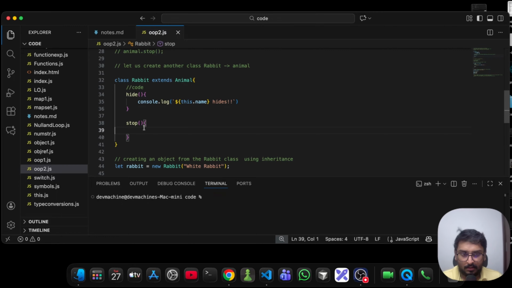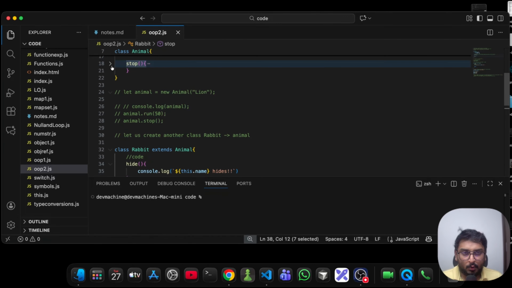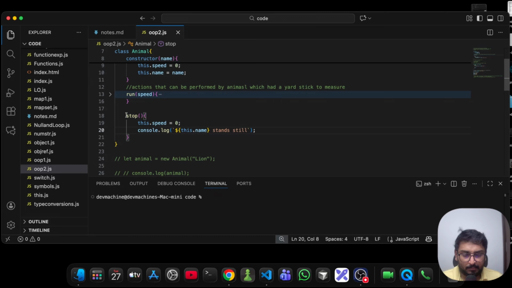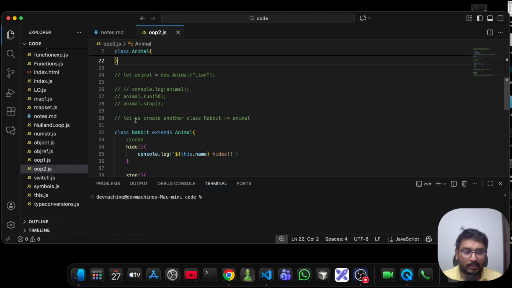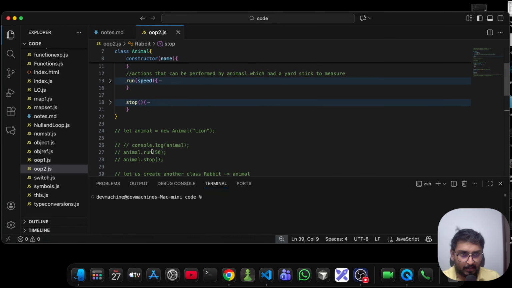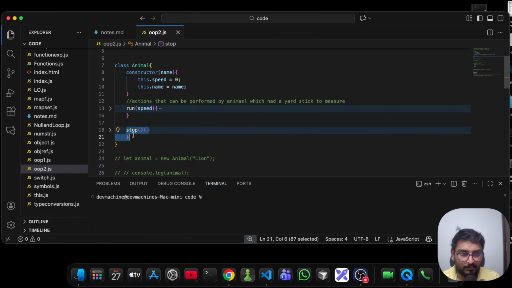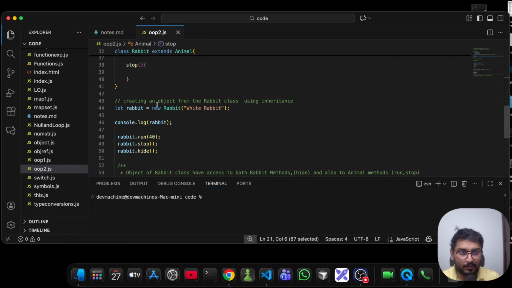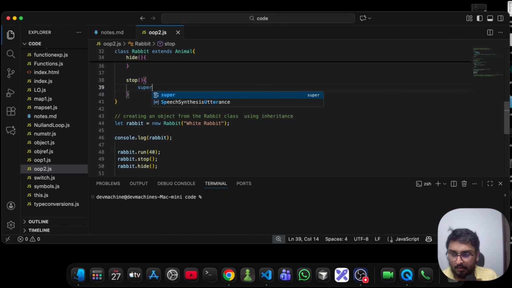Now I want to execute this stop, but I don't want to override this parent method. This is the parent method. I don't want to completely change this. I will use this stop method, but apart from that, I'll add my own. So first things first, I need to access this stop method, which is present in my parent class. So for that, I'll be doing super dot